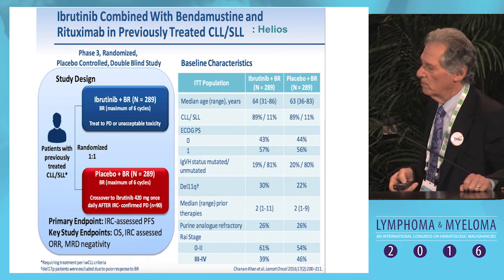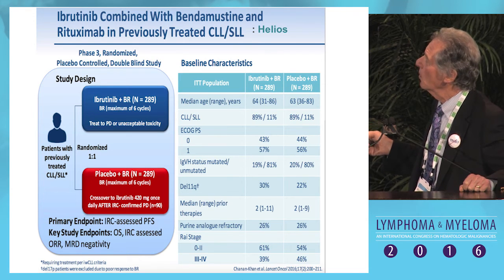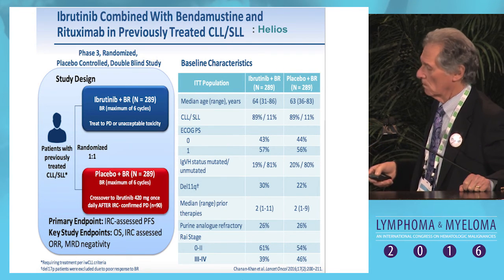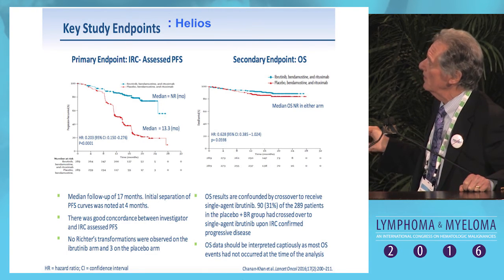Addressing an important issue, but probably not done in the right way, was the Helios trial. The Helios trial was a phase 3 randomized placebo-controlled double-blind study, BR ibrutinib versus BR placebo. And the patients were well balanced in the two arms. The primary endpoint was progression-free survival, and you can see that the BR ibrutinib was